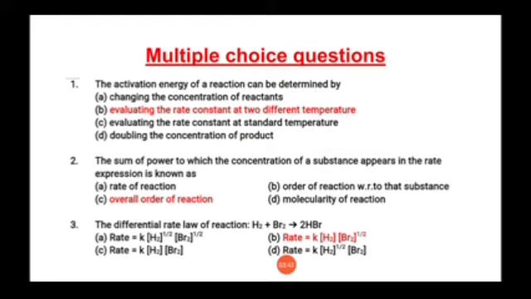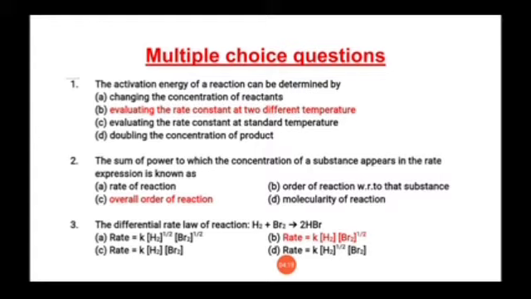Question number 2: the sum of powers to which the concentration of substances appears in the rate expression is known as. Options are: A, rate of reaction; B, order of reaction with respect to that substance; C, overall order of reaction; and D, molecularity of reaction. So students, here we must know how to write the differential rate law,